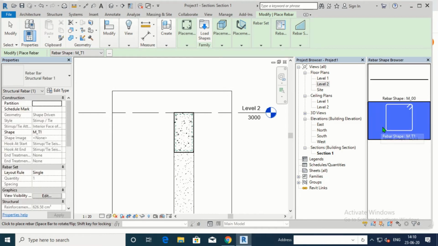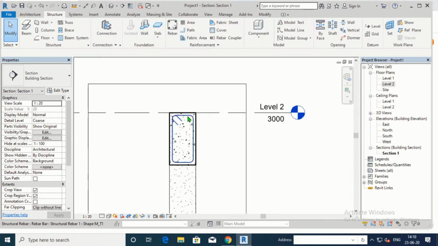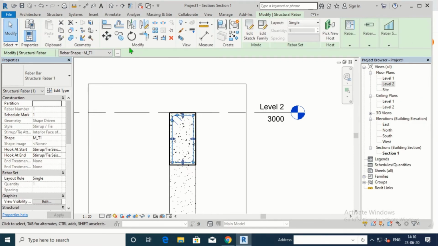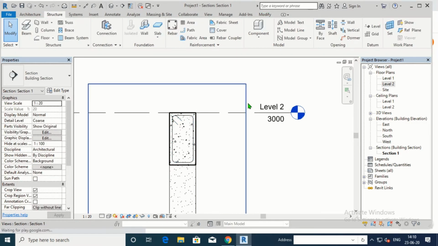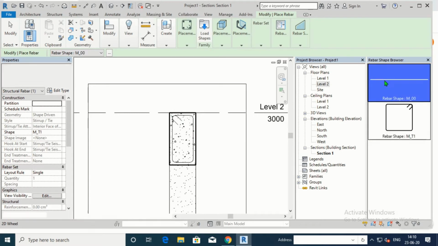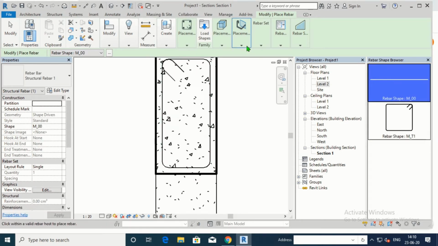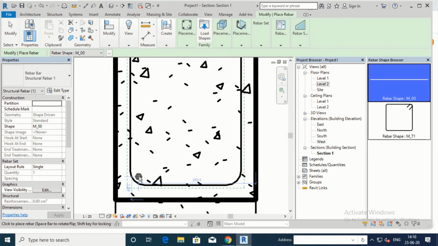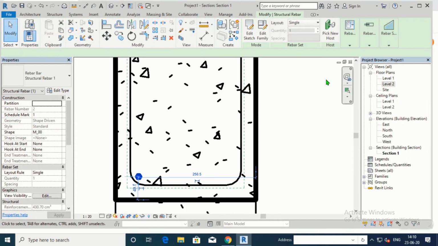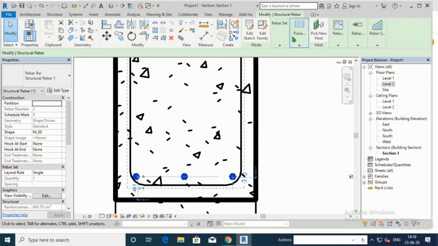Click on Rebar Shape MT1, place on the current work plane and parallel to work plane. Just place a tie over here. Okay, the tie has been placed. Now click on Structure, click on Rebar. Now we will place this horizontal bar. Placement will be parallel to cover. We have placed one bar over here. Select that bar. In Modify Structure Rebar, change it to fixed number and let the number be 4.